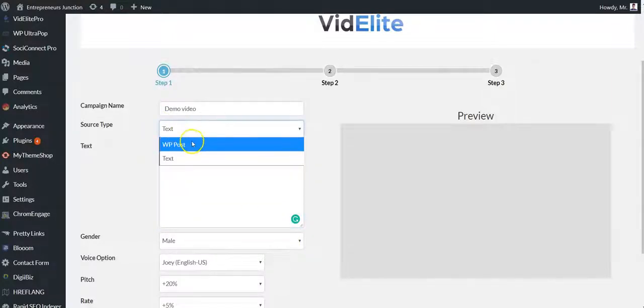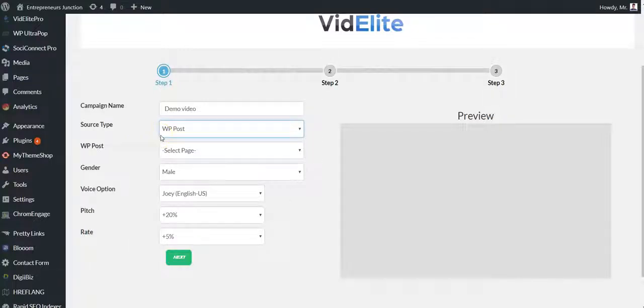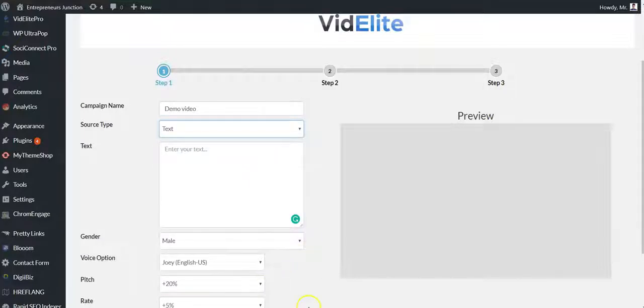Now when you select a WP post, it will also publish the video onto that post as well. And if you select text, it will just give you an HTML code which you can use to publish anywhere. And so in this scenario, I'm gonna use text. Let me just upload a quick script I have,